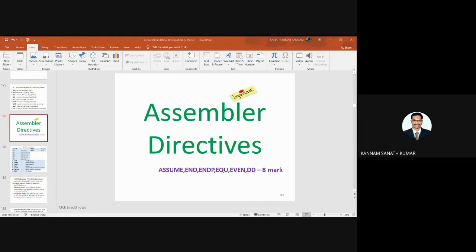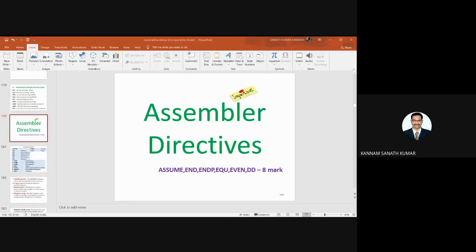We can write the program in the code segment, so that's why we assumed CS as code. Suppose you want to initialize some data, you have to initialize it in the data segment, so there you have to use ASSUME DS data segment.